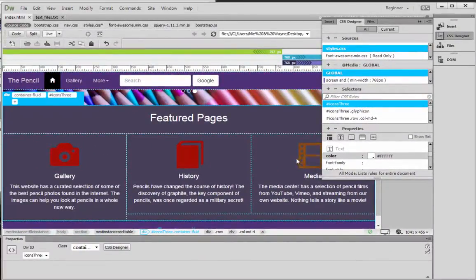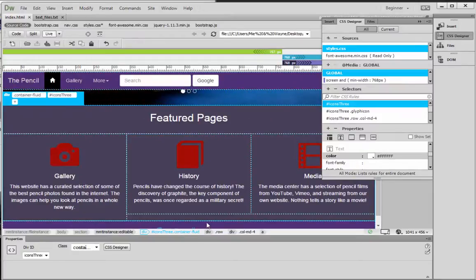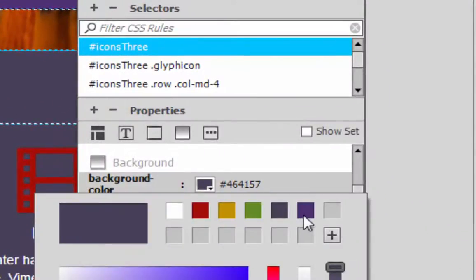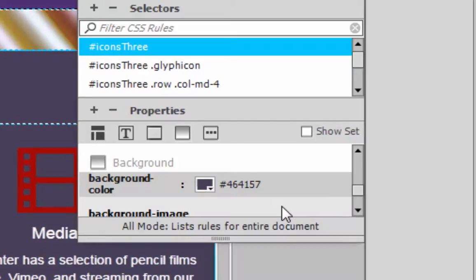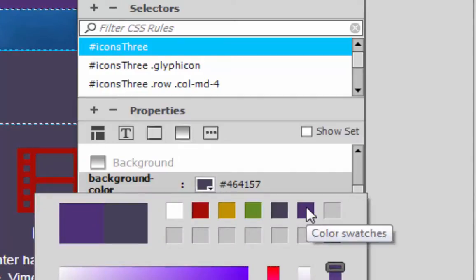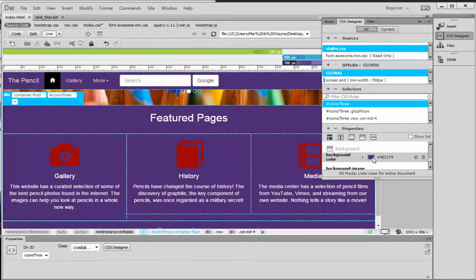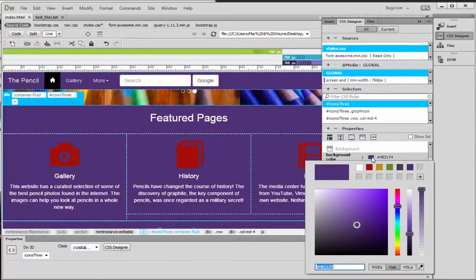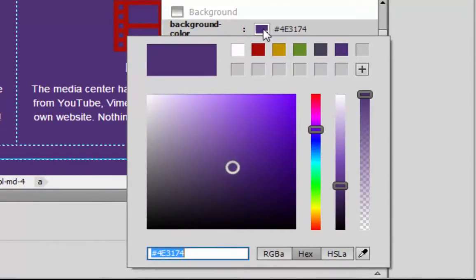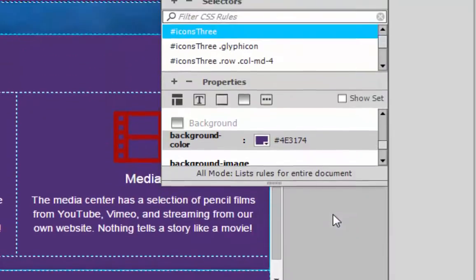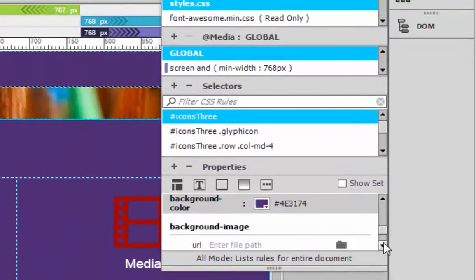You know what might be neat is to use the same color purple that we have for the footer. So I'm going to go to my background. Okay, here we go. So this is the same color that we're using for our footer. You can't really see where one begins and one ends. But what we can do is create a gradient, for example. And we haven't really talked about gradients. We're going to leave this as our default background color. So let's look at